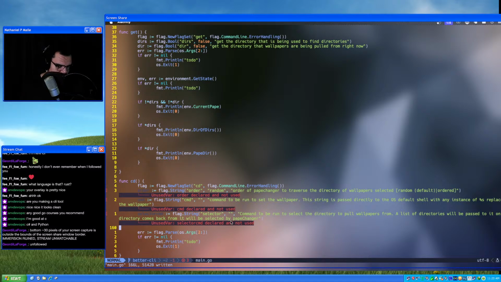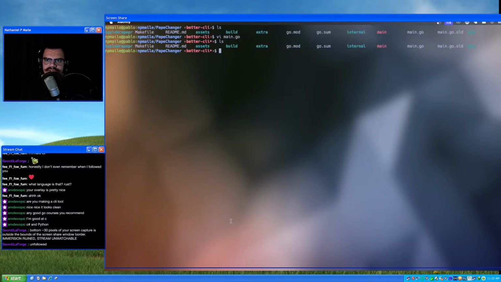So it's going to select a wallpaper directory first, and then it's going to go ahead and select a wallpaper. So actually the order isn't going to... I guess I'll just start with the first one. I don't know. I forget what I have in the rest of this program to facilitate doing this.